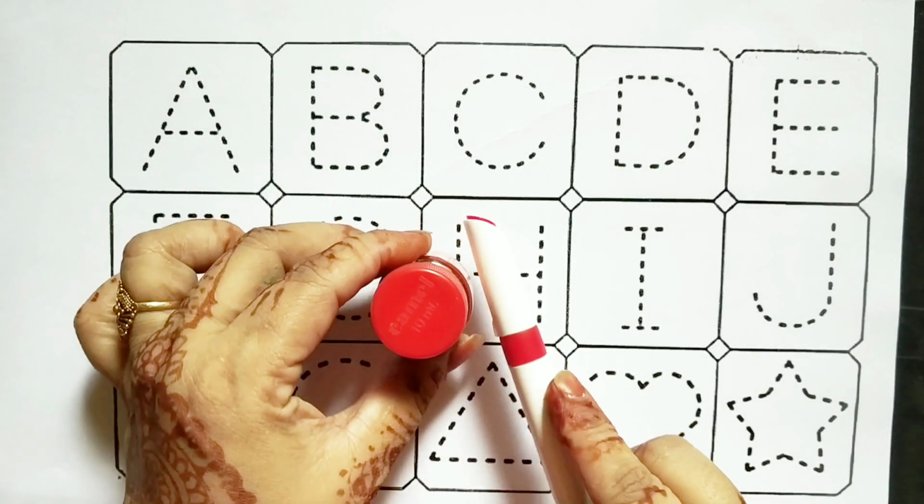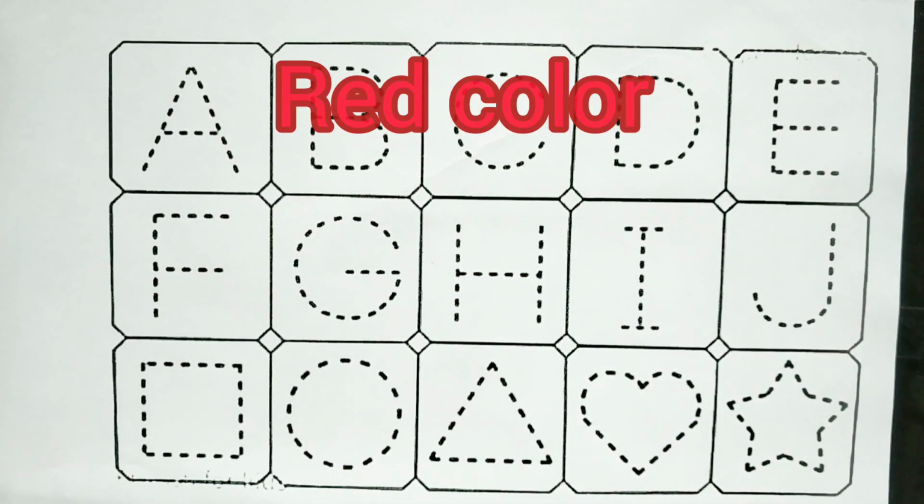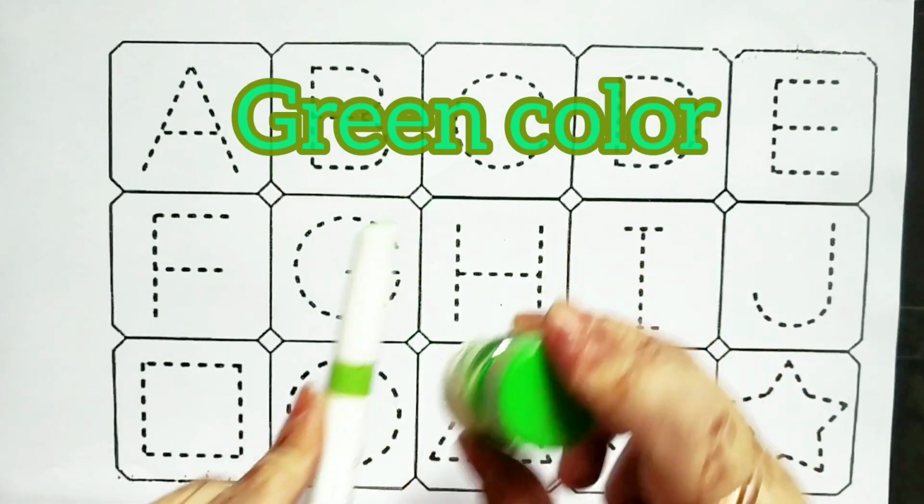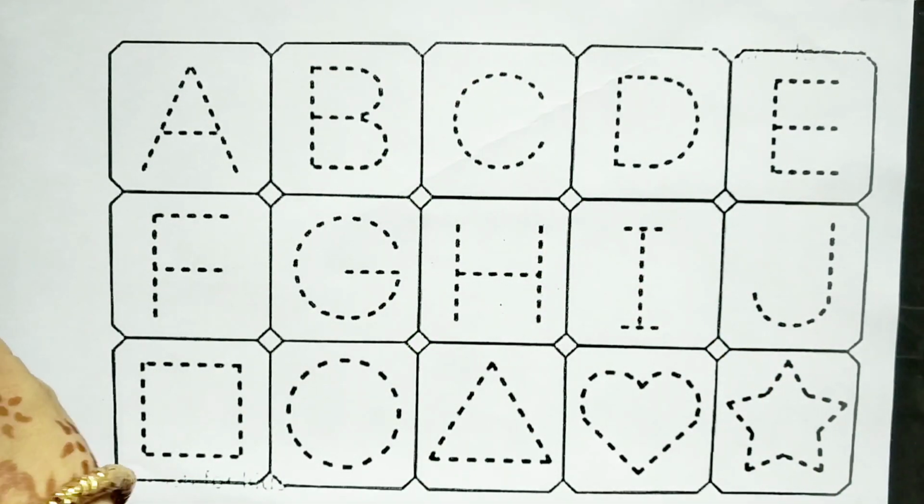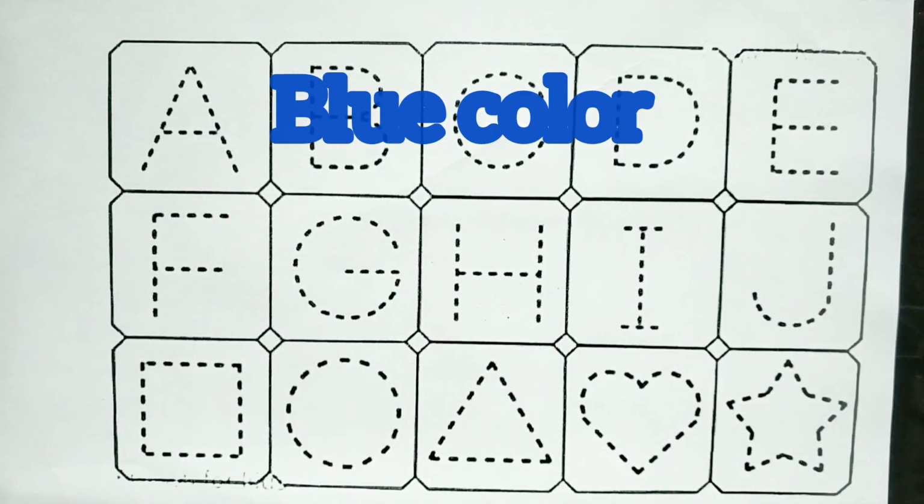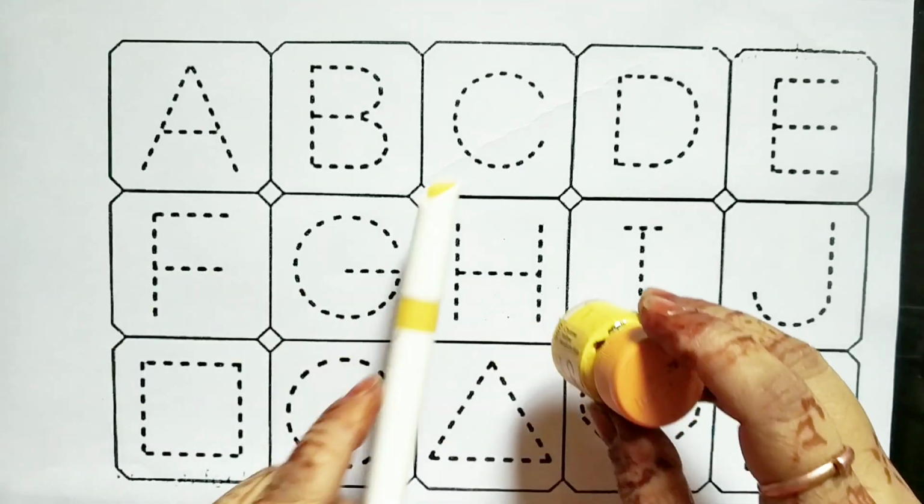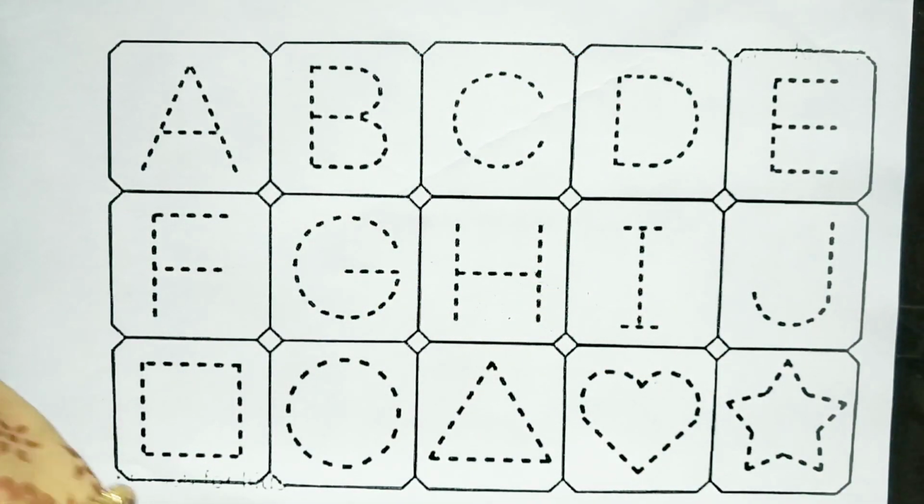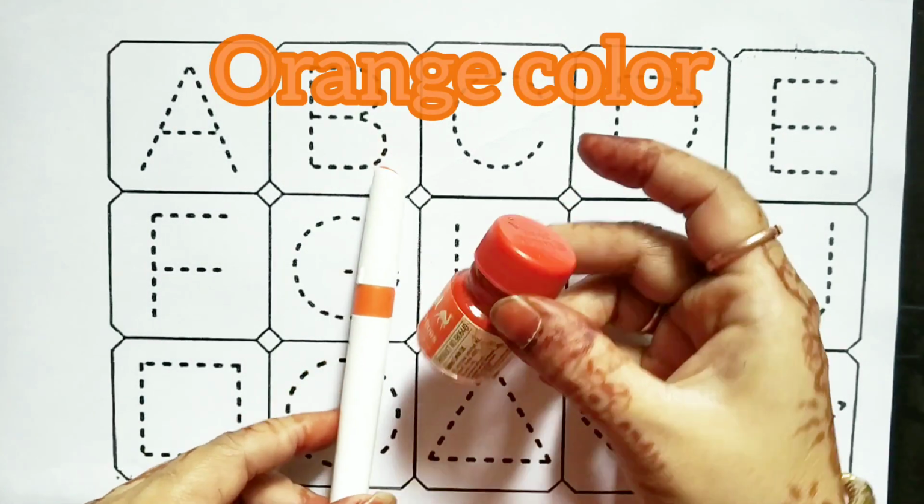Hello children, let's learn some colors. Red color, green color, blue color, blue color, yellow color, yellow color, orange color,